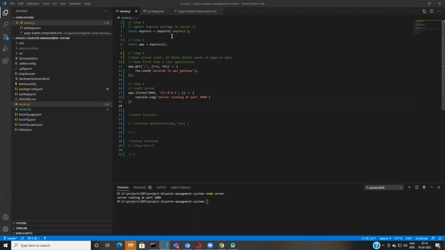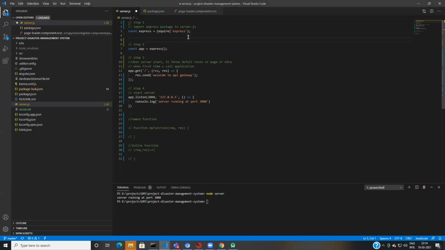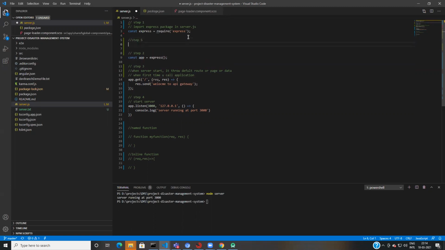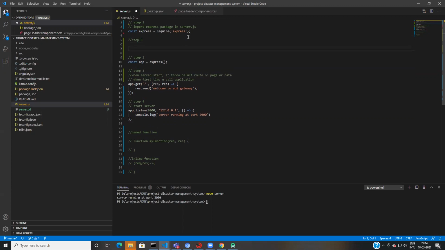The next thing that I want is to make an API. So what I need is routes or router functionality. Step 4 was this, so I am adding step 5 here, although this should be done in a separate file, but let it be in this file and later we can put it in a separate file.